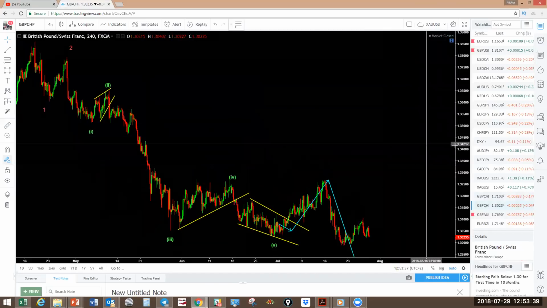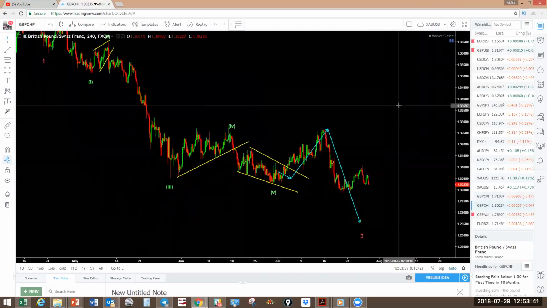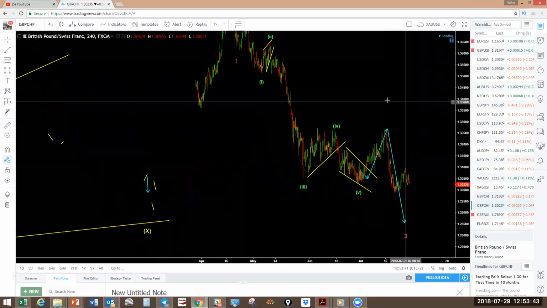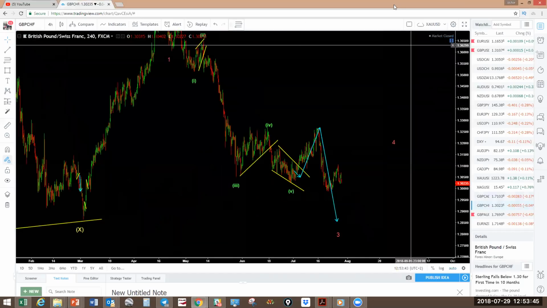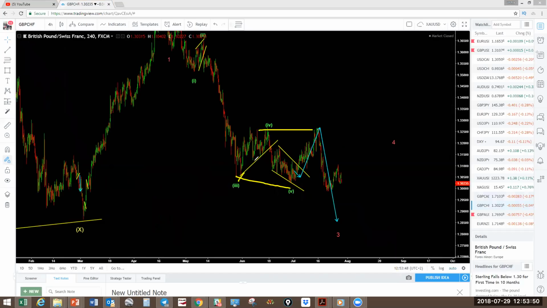Okay, so pound CHF. Pound CHF made a very interesting structure. Hope you all caught that move. A clear 1, 2, 3 wave move here, and then a drop here. Should have moved, got that move here on pound